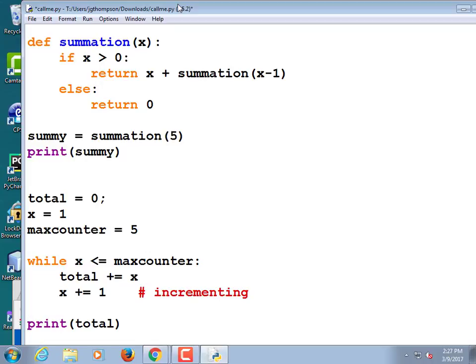So once it's in the else, it's not going to go back to the x greater than 0? Right, because it trickled all the way back. Did you see how the 0 got added onto the 1? And then that got returned as a 1, and then that created a 2. So it looks like it's going to keep looping, but it doesn't really, because it just kept calling itself.